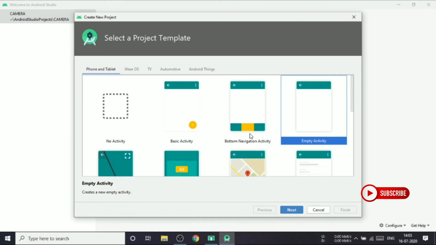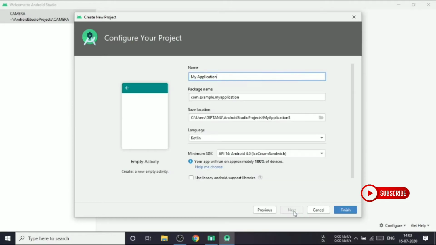Both of them will have the same code in the Kotlin class, but the interface will be changed, and there is also an additional content main XML file in basic activity. So we don't need all these things, so we can do with empty activity, and simply we'll click next,